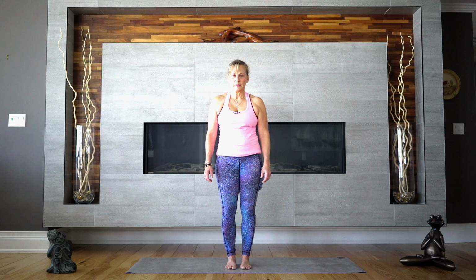Come to awareness of how your feet are connecting to the mat or the floor underneath you. And just spread out your toes a little bit, wiggle them around, and then let them release back down. And imagine that you have roots in your feet. So let's try to even out how those roots are grounding you and helping you get a good foundation for